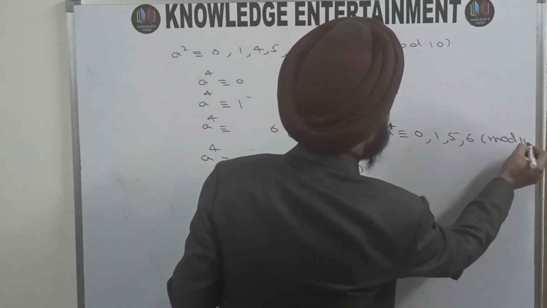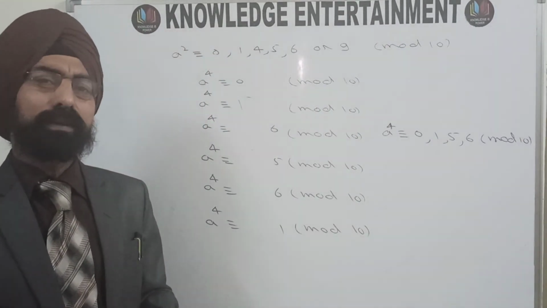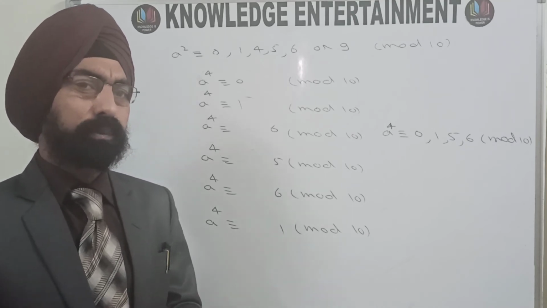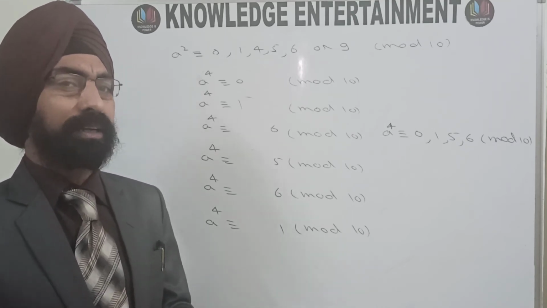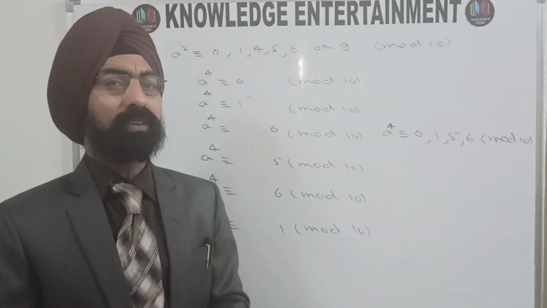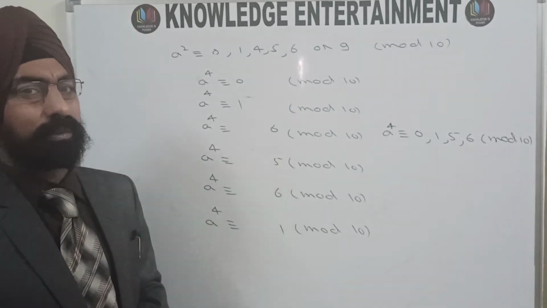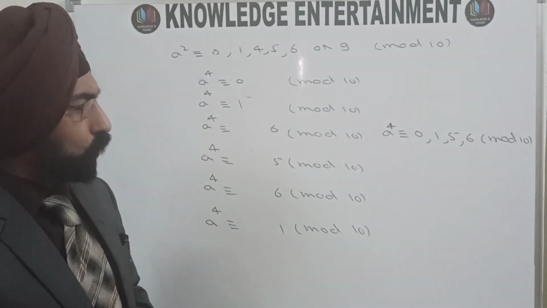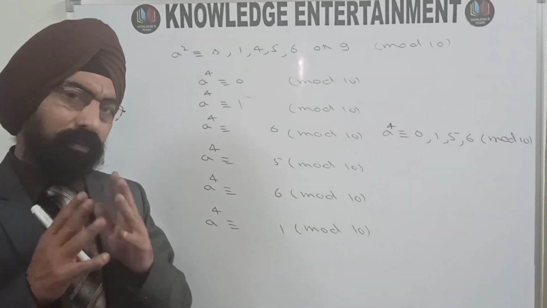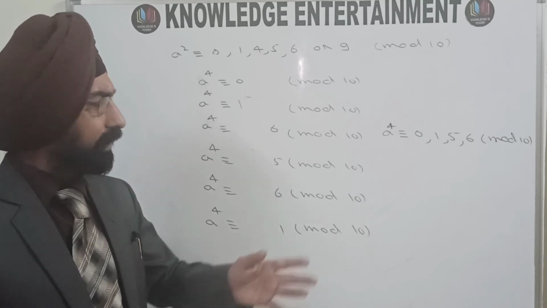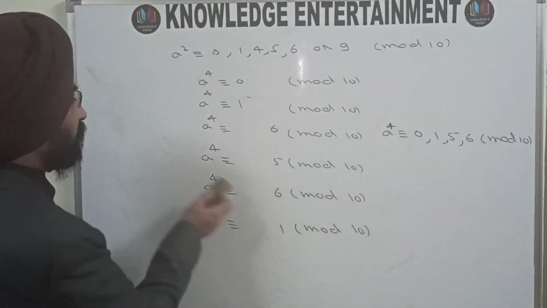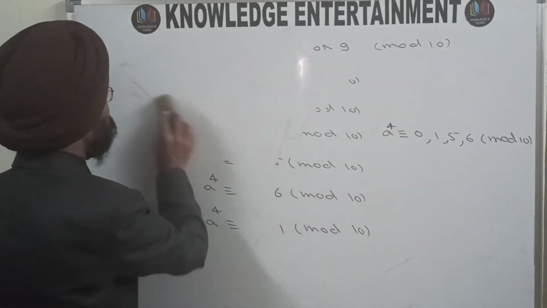So there are now, earlier there were 6 possibilities. That means the square of a number can have 0, 1, 4, 5, 6 or 9 in the units place, whereas the power 4 of a natural number can have only 0, 1, 5 or 6 in the units place. In the units place of a raised to the power 4, for any natural number a, you can never have 2, 3, 4, 7, 8 or 9. You always will have in the power 4 of a natural number at the units place either 0 or 1 or 5 or 6. So this is another important result regarding number theory, which will be used later on when we will do